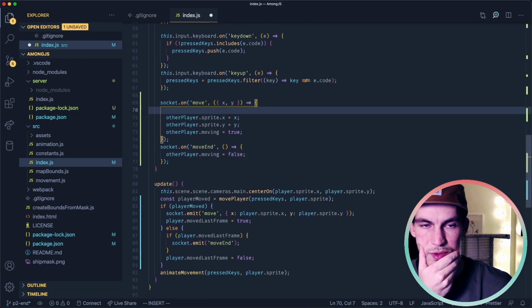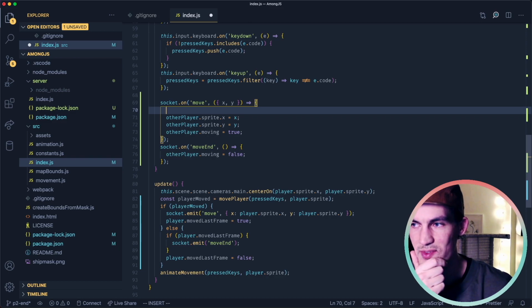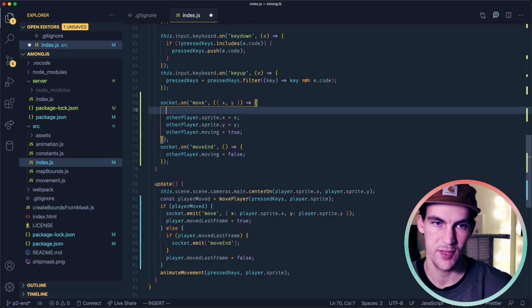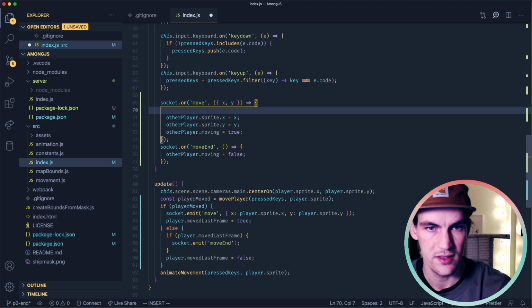I realize now we also need to flip the sprite. If the x becomes smaller or larger, we also need to flip the sprite.